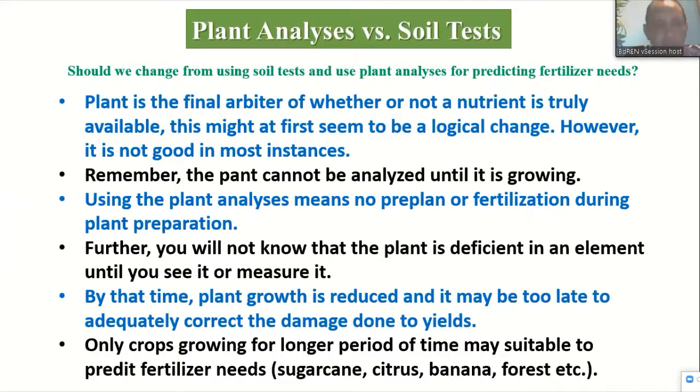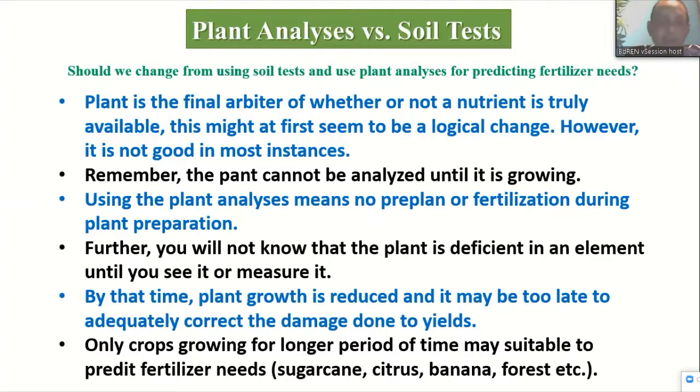Only crops growing for a larger period of time may be suitable to predict fertilizer needs. This means if you have a crop growing for a longer period, for example, for 1 year or more, at that time you can correct the fertilizer needed. But if the crop duration is short, for example, 2 months or 3 months, you cannot correct